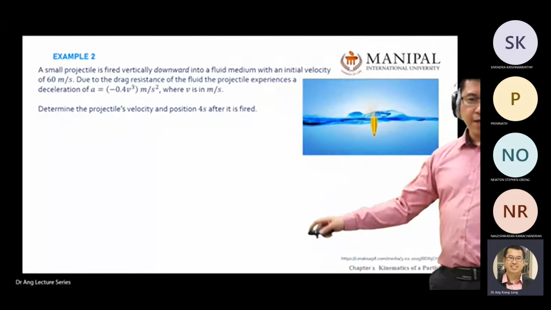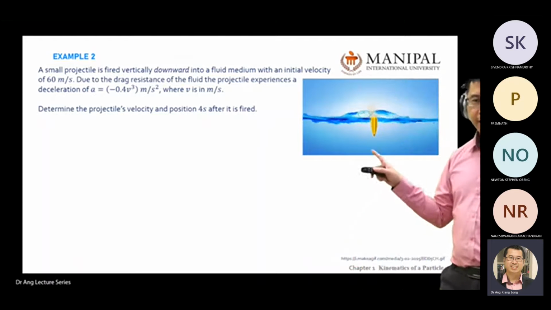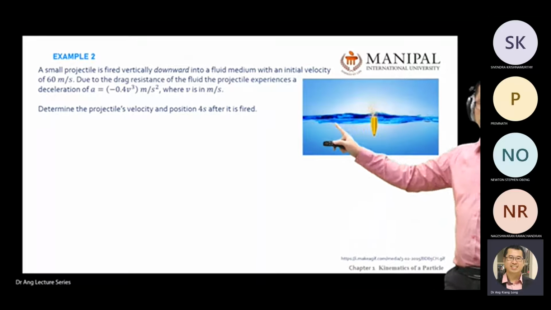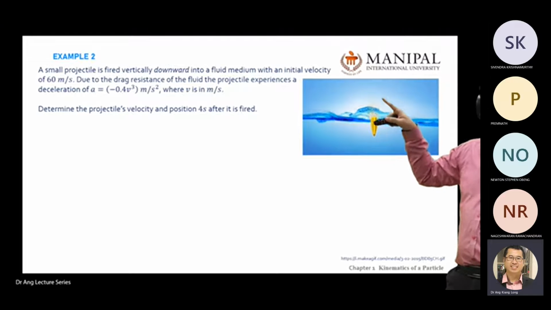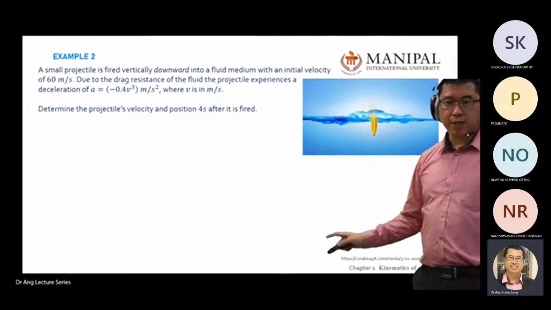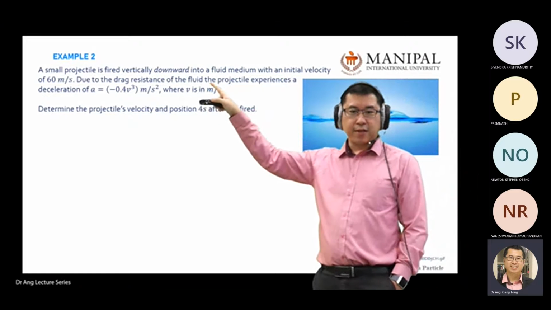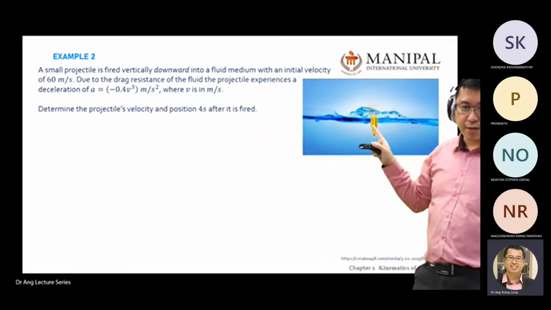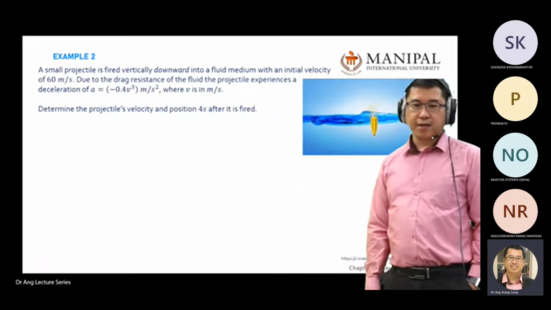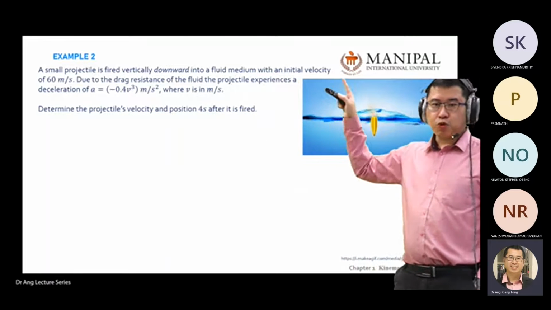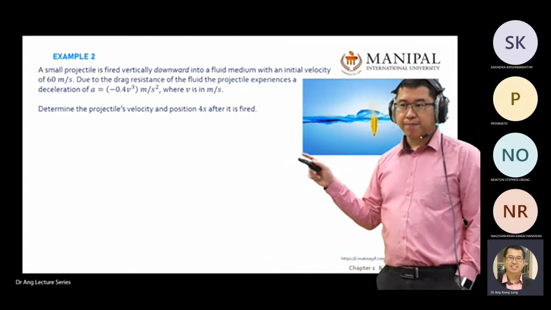Yes, all right. Now this example number 2, let's say we fire a bullet into water. It's a water horizon, and we do a ballistic test. We fire a bullet, go through the water, and it tells you that you fired downwards, with the initial velocity 60 meters per second. Due to drag resistance, the projectile experiences a